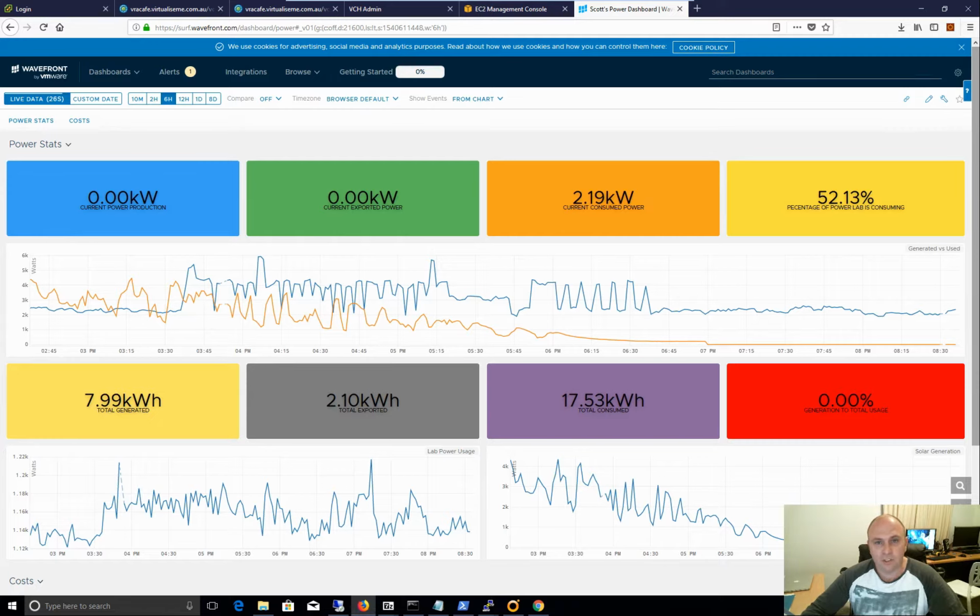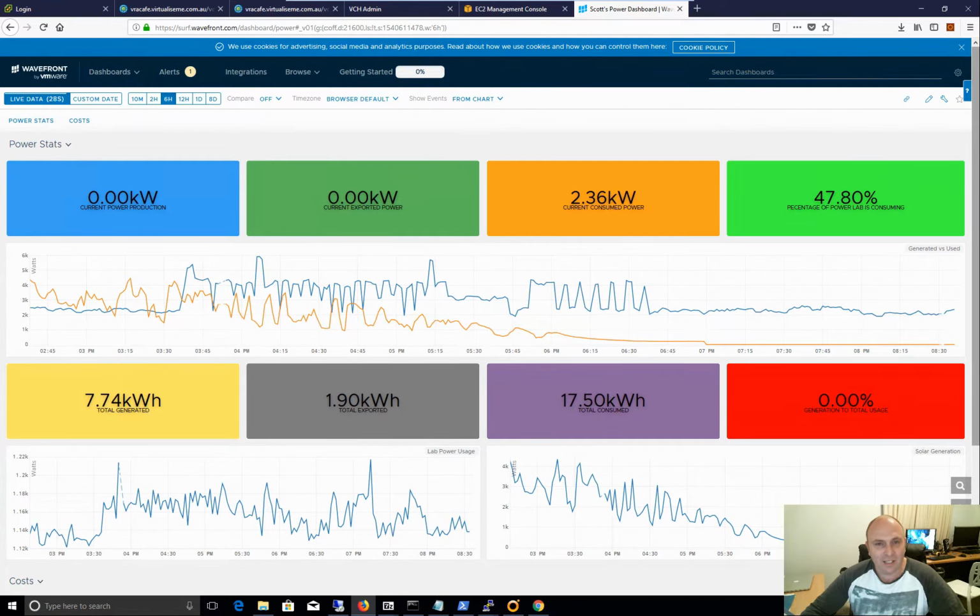Now a lot of people have got solar or wind power and a lot of other home devices, and I wanted to put that into Wavefront. The existing system is a pretty cheap one, and the online dashboard that it gives me isn't that great, and this is what I love. As we can see here, we've got Wavefront. Nothing very special, but it's a ton better than the out of the box dashboards that the current energy